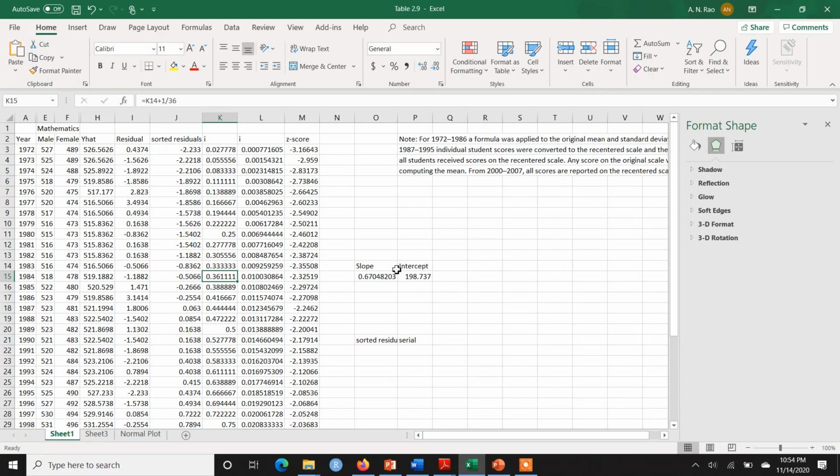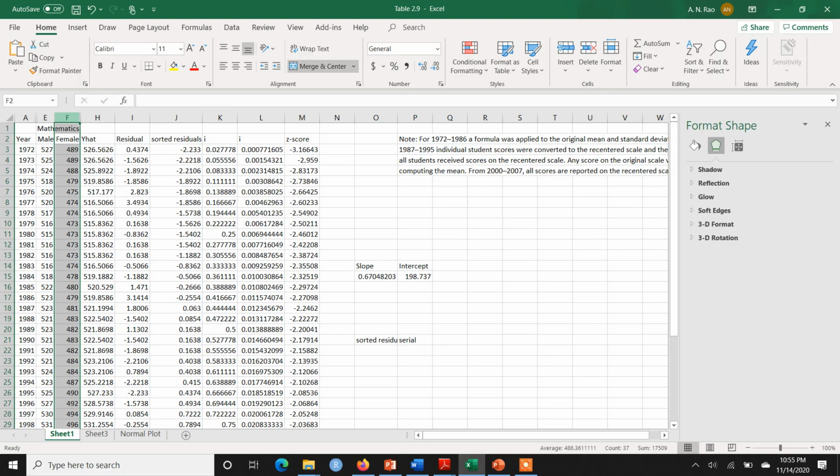Remember that when we run linear regression, we always test the normality assumption on the residual part, or y minus y hat part. That residual should be normally distributed. Currently I have this Excel file on your screen. This Excel file is about SAT exam scores. So let's say we have data on how different male candidates have performed in the maths section of the SAT exam, and how some females have performed in the maths section of the SAT exam.